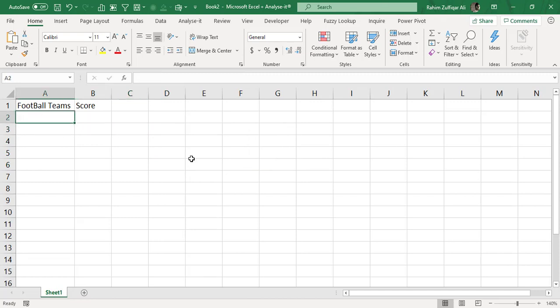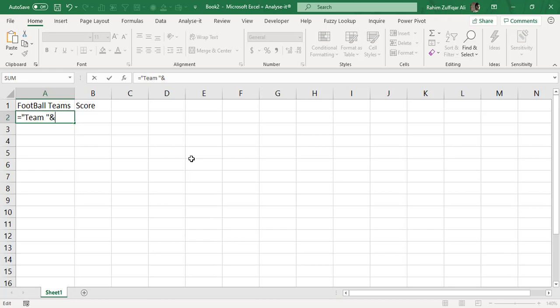Now if I want to generate a serial like team A, B, C, D, E and F and so on, what I can do is this: team is static, it is constant in every name, so I put it into inverted commas, and then I need one space as well. So I will add a space here, then the ampersand sign. This ampersand means to join two or more logics, or if you want to join the values of two or more cells together in one cell. Okay, instead of the ampersand sign you can also use the CONCATENATE function, which works the same. So one is a formula, another is a function.